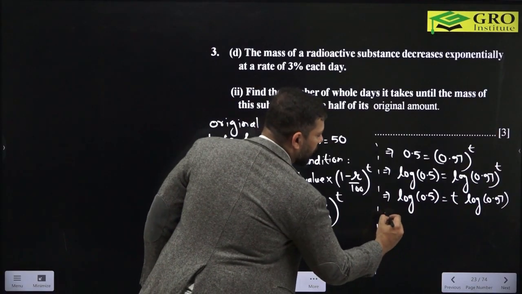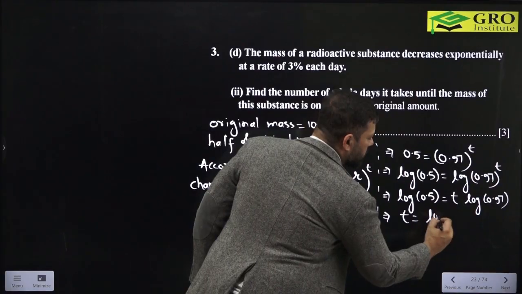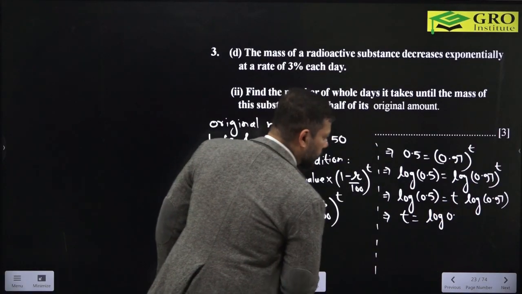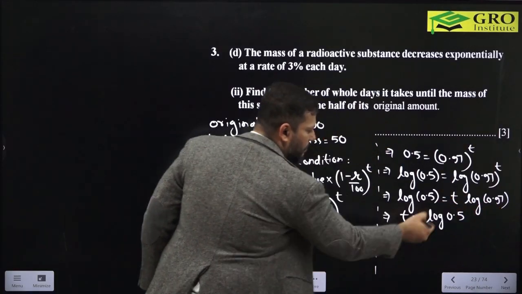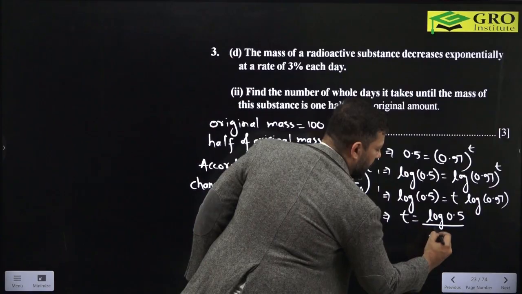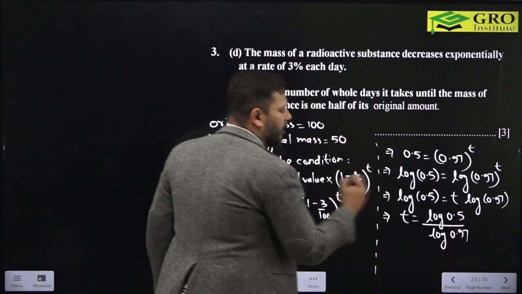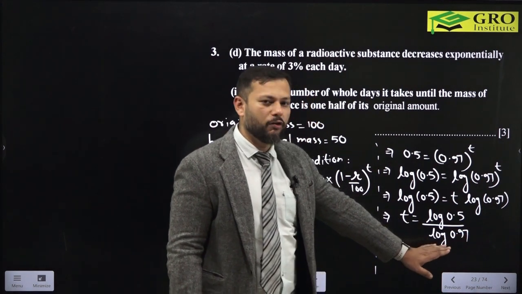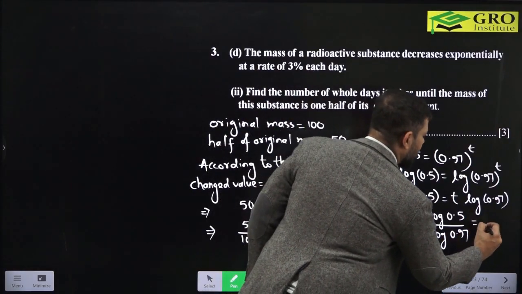That means the value of t over here would be log 0.5, right? We are going to transpose this log 0.97 below log 0.5, and when we find this log 0.5 and divide it by the value of log 0.97 using our calculator, we are getting it as